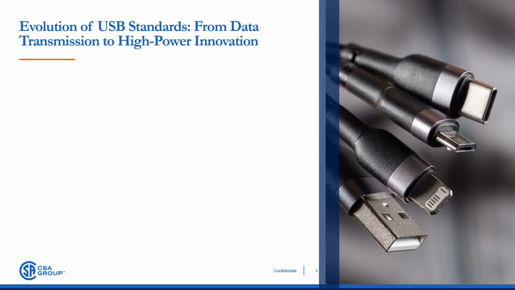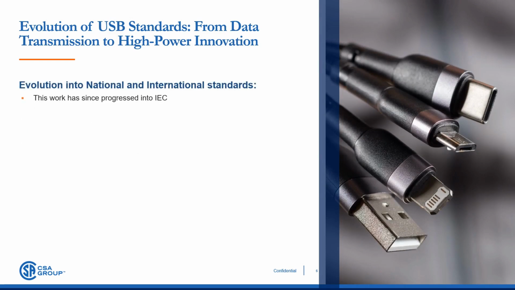The industry specification has progressed into separate publications with international standards development organizations, like the International Electrotechnical Commission standards, such as IEC 62368-3, the IEC 62680 series, and IEC 63002, in addition to North American standards, such as UL 9990.